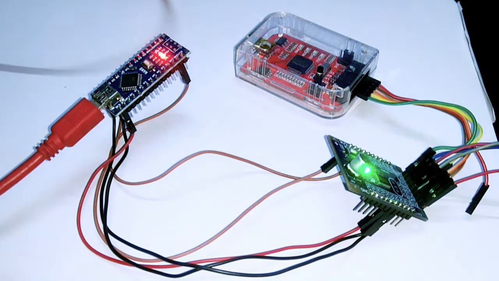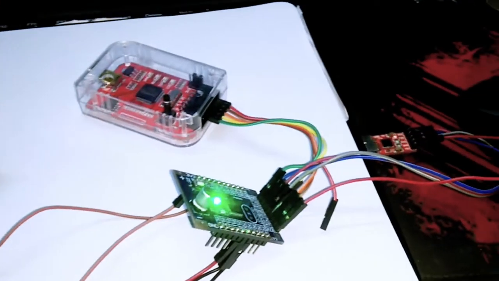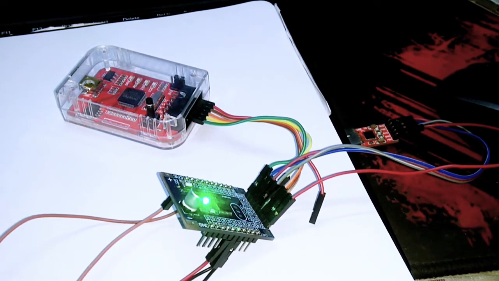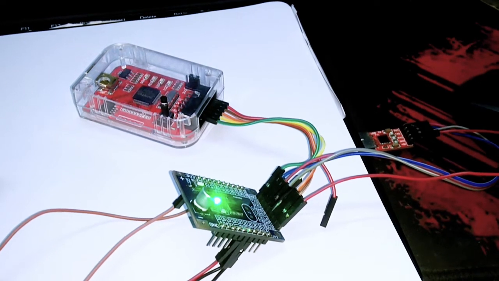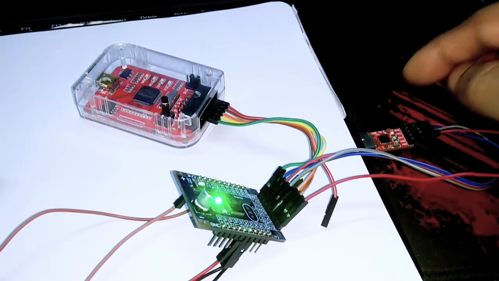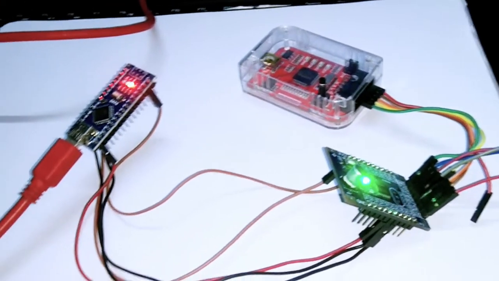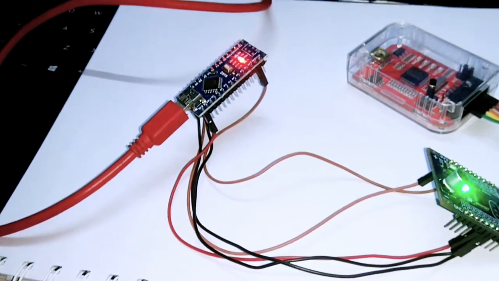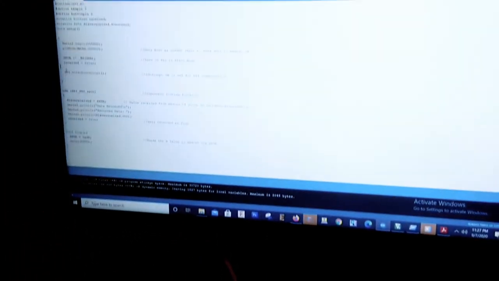As we can see, it is already connected with the USB cord, and here if we tilt the camera a little bit, we can see the CP2102 connected with my laptop. This will print the UART data over here. We will use Tera Term software for getting the data of the CP2102, and we will check the Arduino data from the Arduino IDE serial monitor. So let's see how it is working. Let me zoom a bit to the coding section.